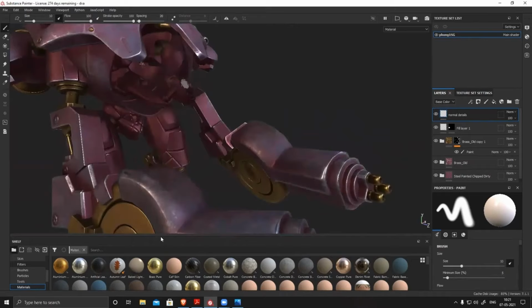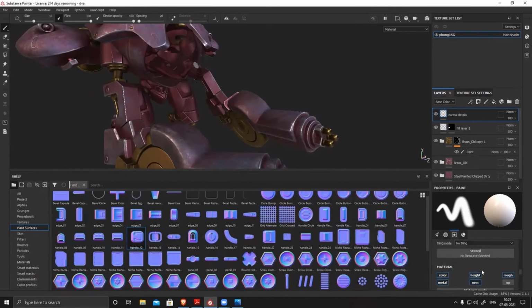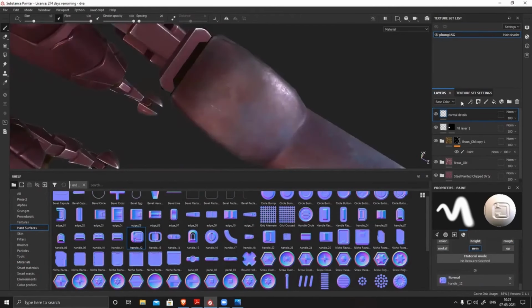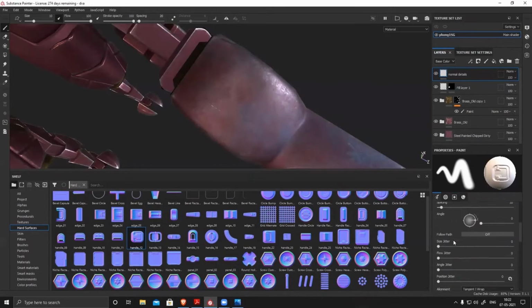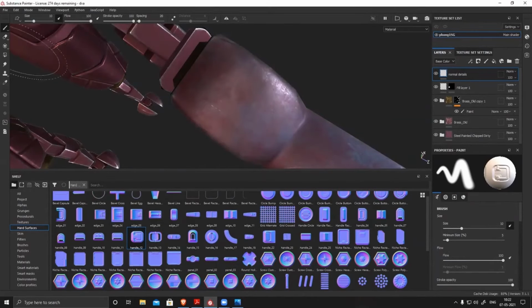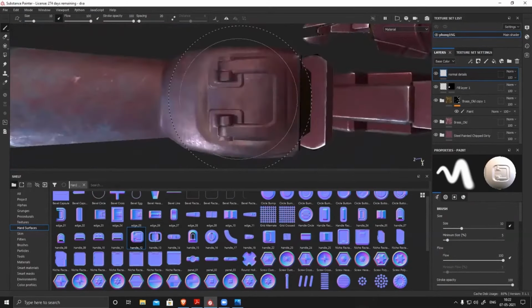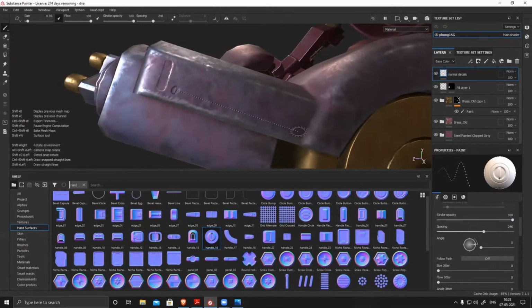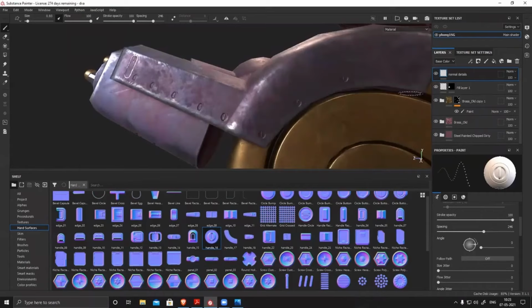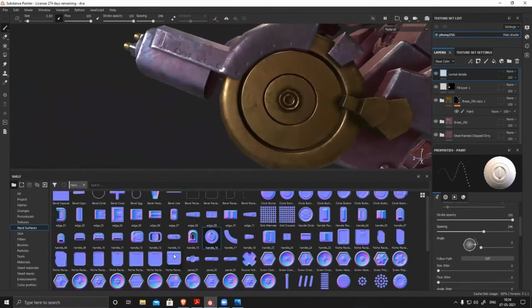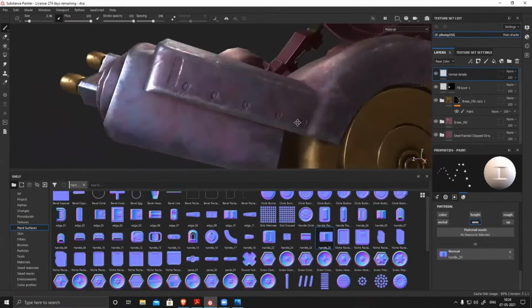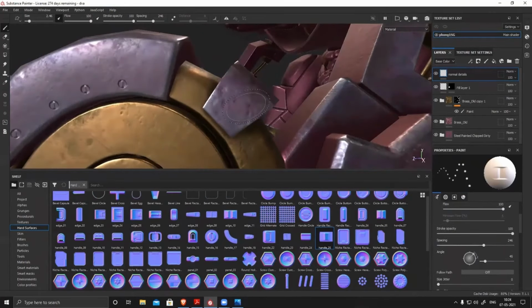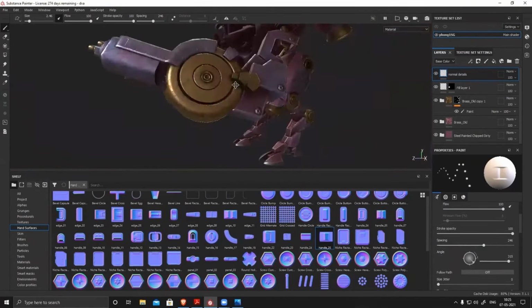There is a lot of information now in color, roughness and metal. And this surface looks kind of flat, so I want to apply a couple of normal maps from Substance. So select your normal map and apply it there.